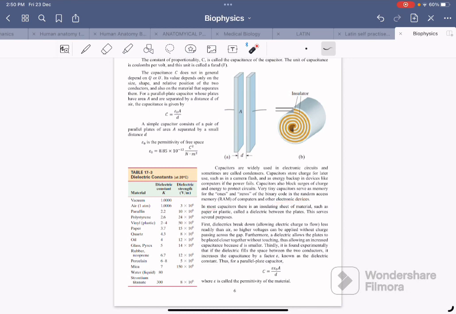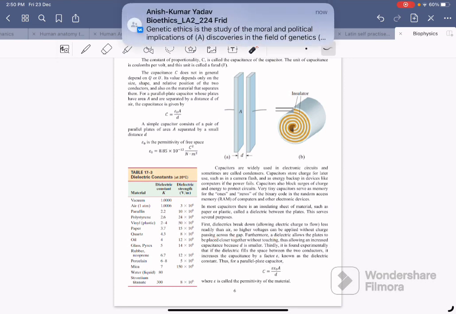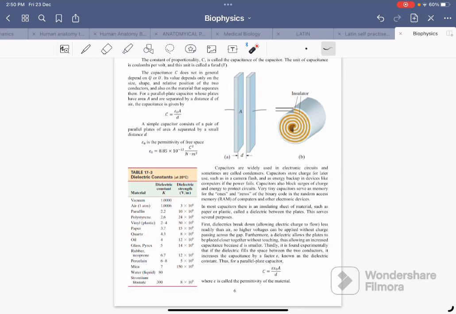In most capacitors there is an insulating sheet of a material such as paper or plastic, called a dielectric, between the plates. This serves several purposes. First, a dielectric breaks down less readily than air, so a higher voltage can be applied without charge passing across the gap. Furthermore, a dielectric allows the plates to be placed closer together without touching, thus allowing an increased capacitance